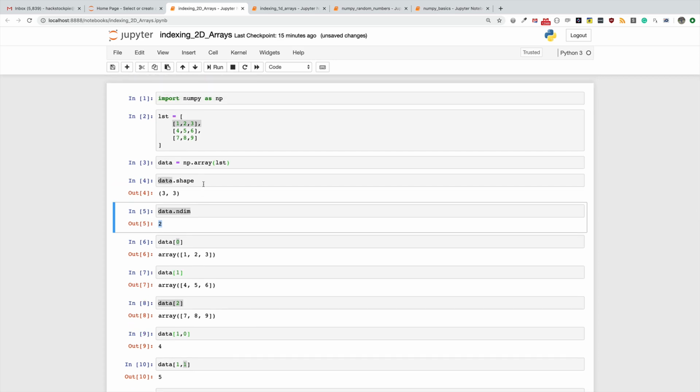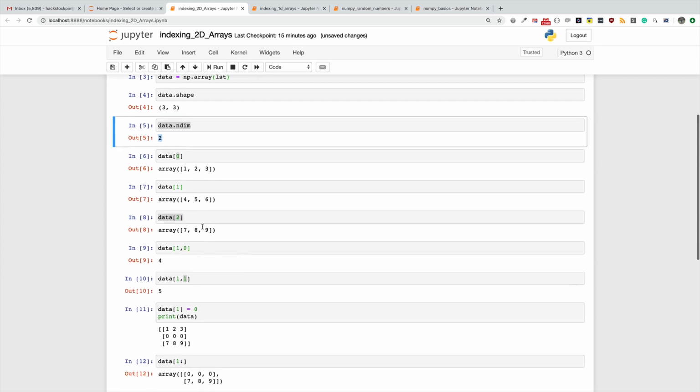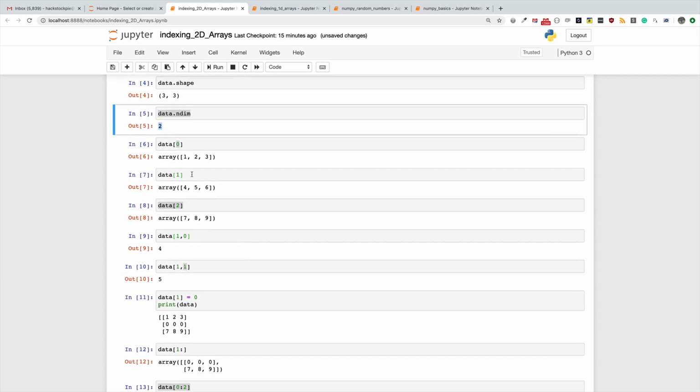And always remember that as long as it's a 2D array, the first axis of your array is the rows, and the second axis of your array is the columns. So when you are indexing into it, the first index or range of indices that you provide is going to be applied along the row axis, and then when you put a comma, you specify how you want to index along the column axis. The skills that you have learned here apply to 3D arrays and